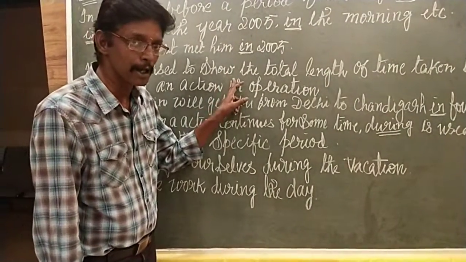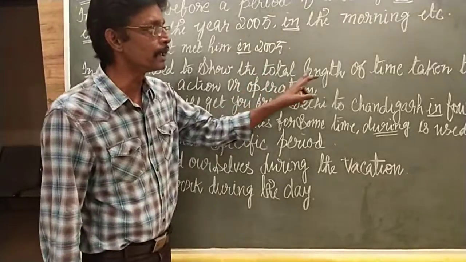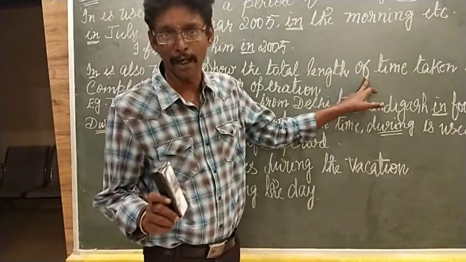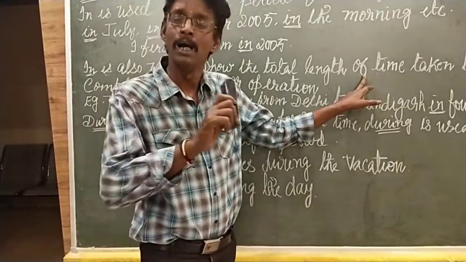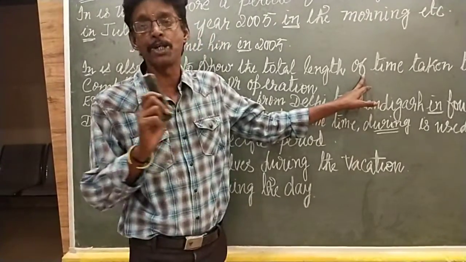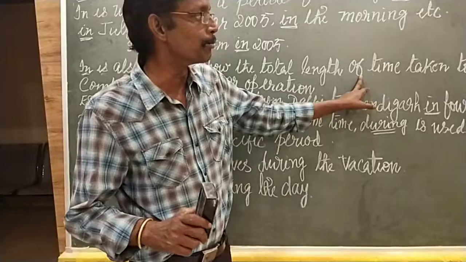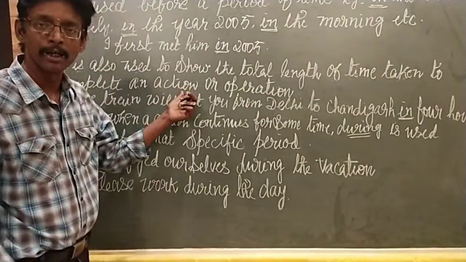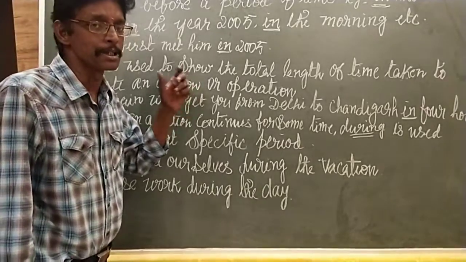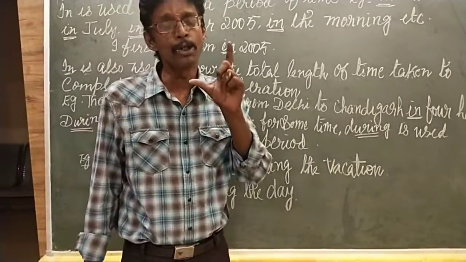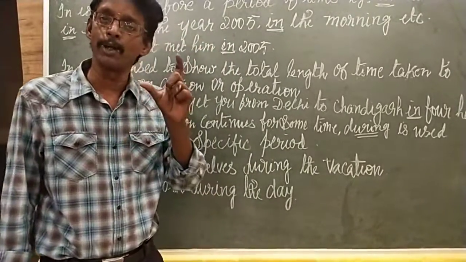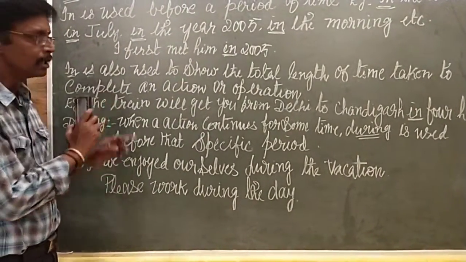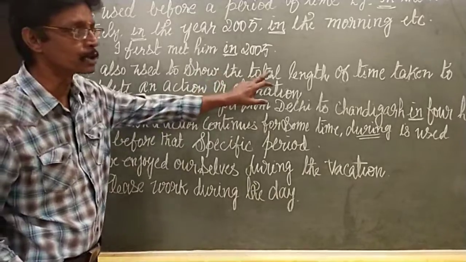क्या दिखाने के लिए in use करते हैं? The total length of time. कितना टाइम लिया है? ये टोटल लेंथ कितना है टाइम का, यानी कि ड्यूरेशन हो या टाइम, लेंथ ऑफ टाइम, हाउ मच इट इज. सो फॉर दैट पर्पस टेकन, किस लिए? टेकन टू कंप्लीट एन एक्शन. एक काम करने में जितना टाइम हम ले रहे हैं वो टाइम ड्यूरेशन कहते समय वी यूज द प्रीपोजिशन इन. इज इट वेरी क्लियर? इन इज यूज टू शो द टोटल लेंथ ऑफ टाइम.